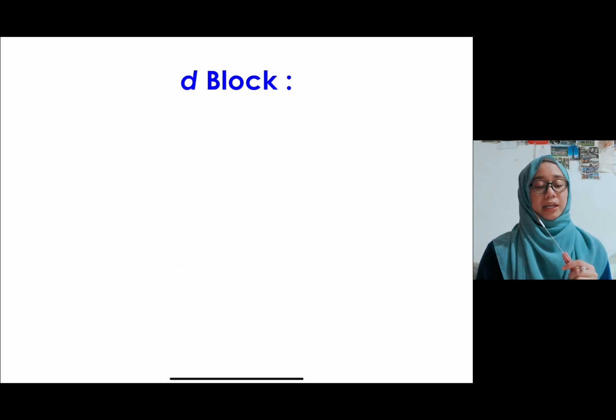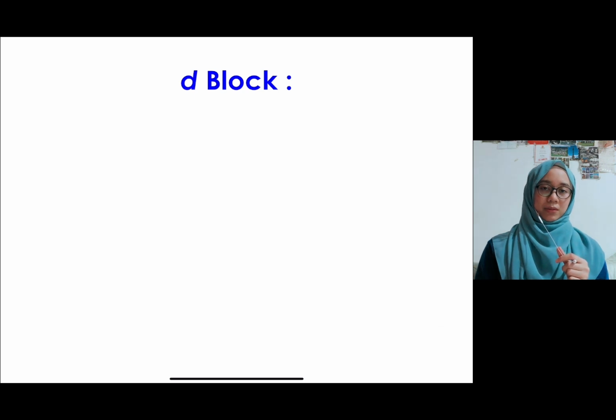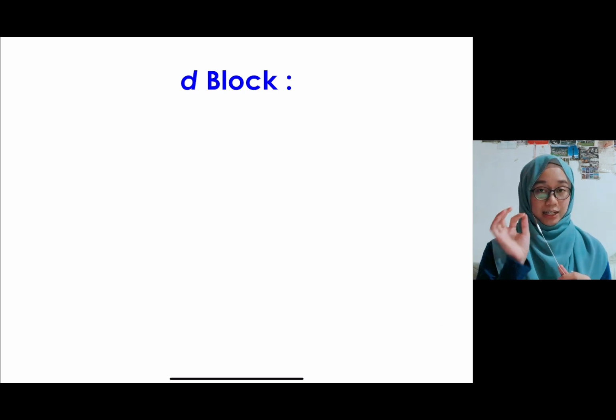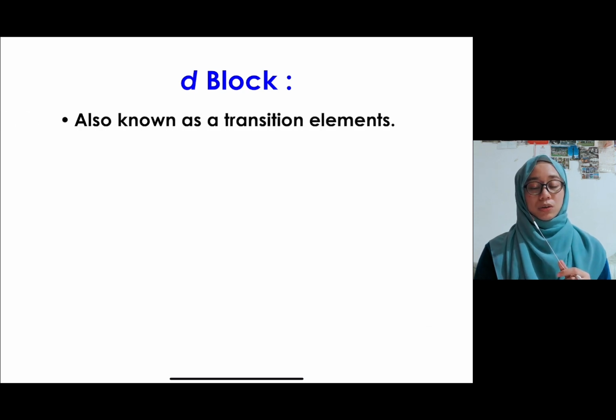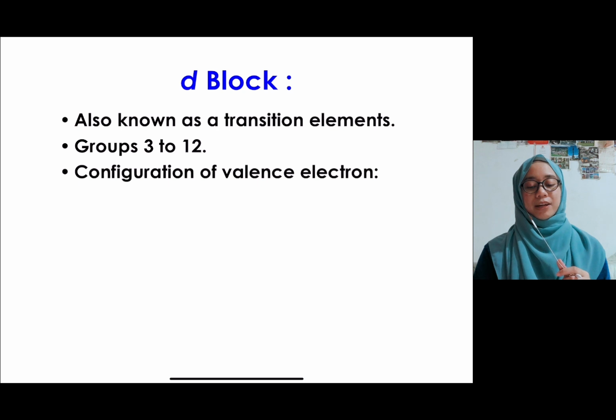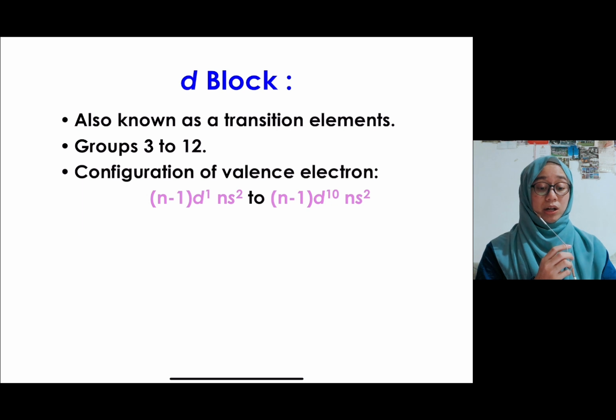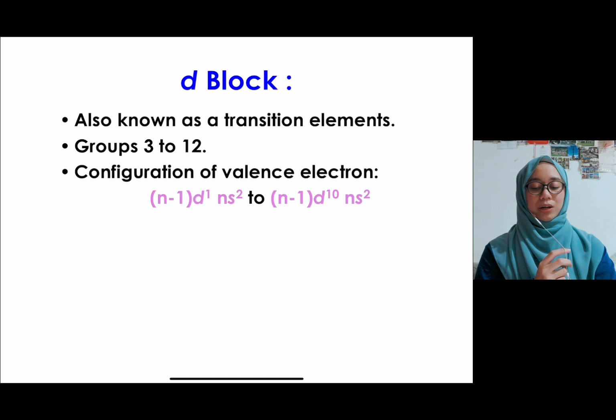Okay, and then we look at D block. So D block, you might be a little confused, but try to look carefully, try to understand properly. So for D block elements, they are also known as the transition elements. Okay, so it involves group 3 until group 12. So the configuration of the valence electrons are as follows. Okay, so (n-1)d1, ns2 up to (n-1)d10, ns2. Okay, so bear